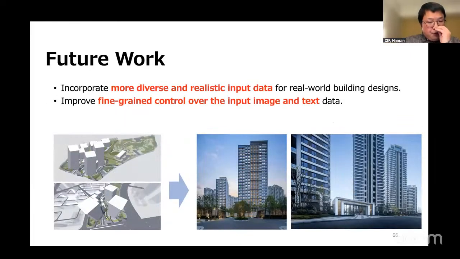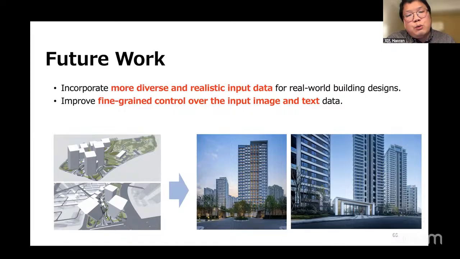In future work, we want to incorporate more diverse and realistic input data for real-world building design. For example, very busy buildings or a shopping mall or some with more actual uses.